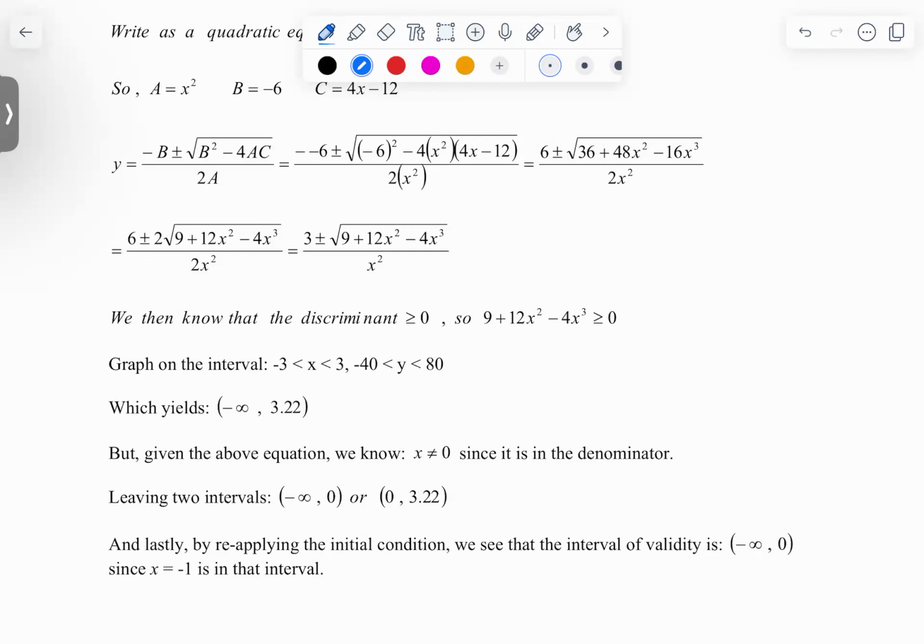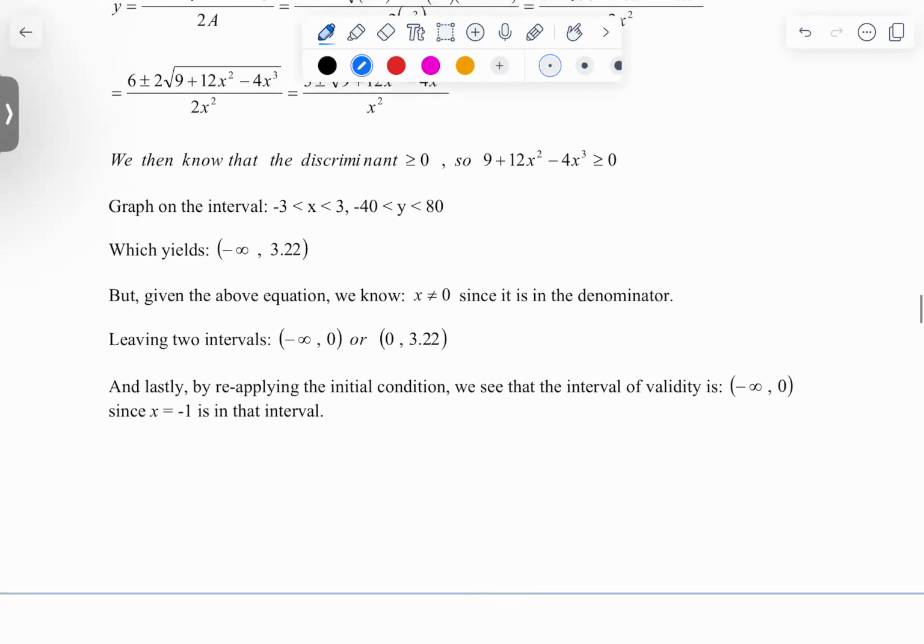Or sorry, x cannot be 0, right? Because I have x in the denominator of my equation. X can't be 0, so it breaks it into 2. Then I apply my initial condition, which was -1. Which of the two is the valid interval? The first one. Yep. Oh, it's right here. So because I apply -1, I don't